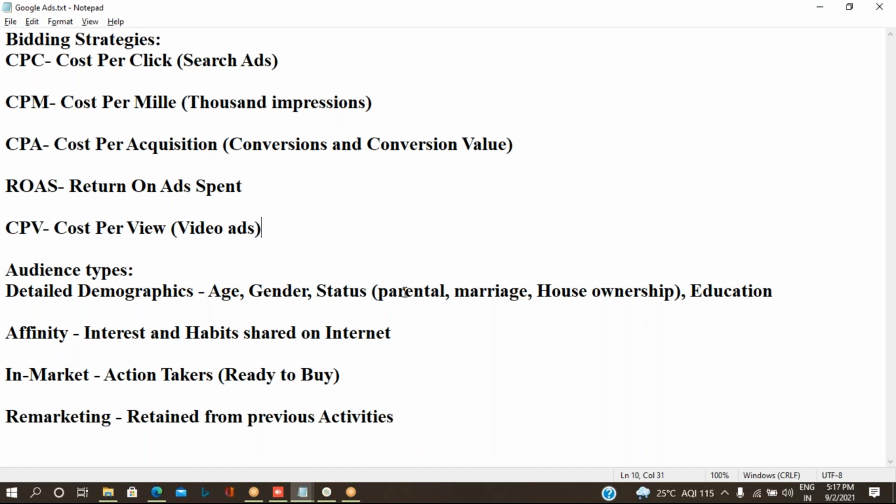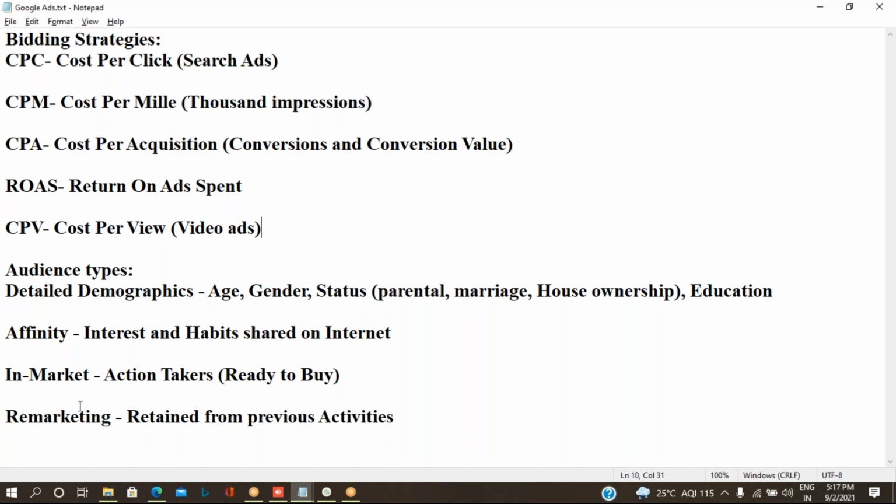But if you are going to target people who search for products, whose habit is to keep searching for particular types of products on different digital platforms and websites, then you can select it based on affinity. Then there is another type of audience who are not just searching for the product but are ready to buy.